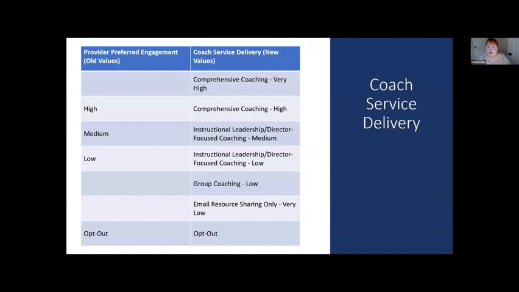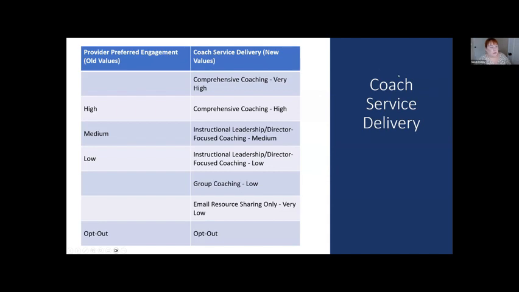It is a good time for you to be reviewing those, because if you have one of those providers that, for example, were in the low but really received about half of the services that we would have anticipated based on the caseload weight, this is a good time to figure out, is this a good case to put them in group coaching or in very low? And the same for those that are in high and received additional services. It's a good time to move them up into very high.